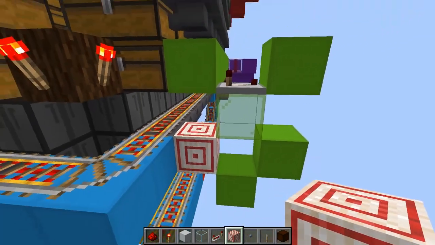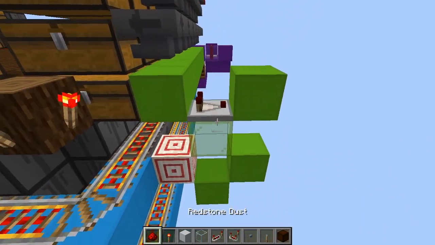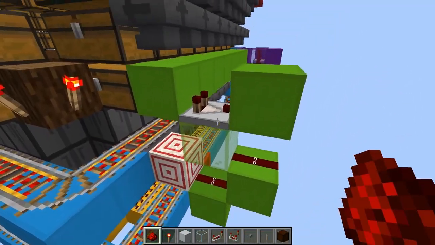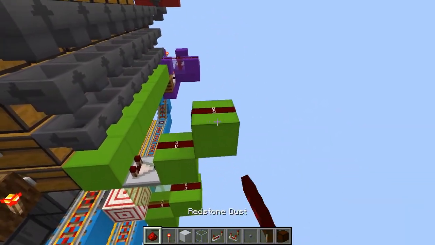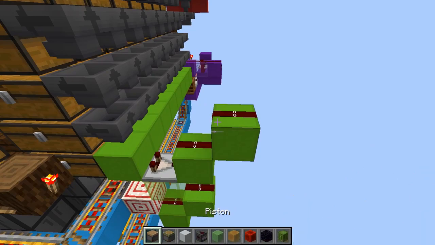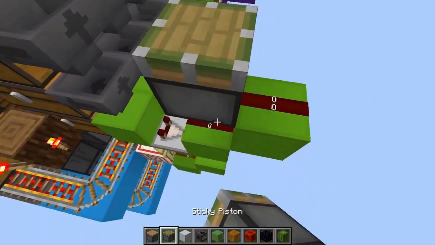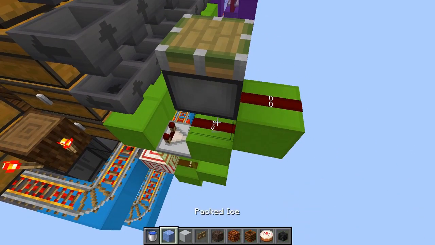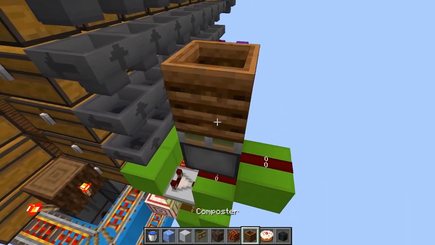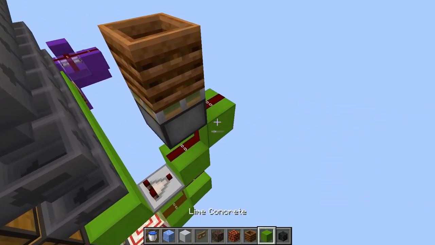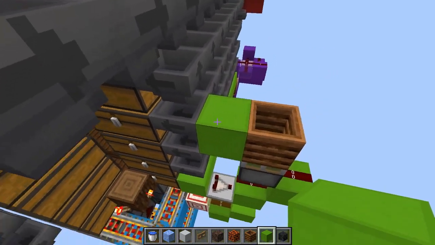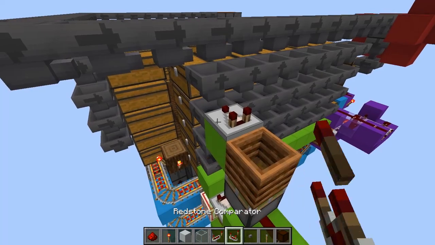So we have a target block like that, and then we're going to take redstone dust, come down like that, and then we're also going to go up with it, and then take a piston, sticky piston, and put a